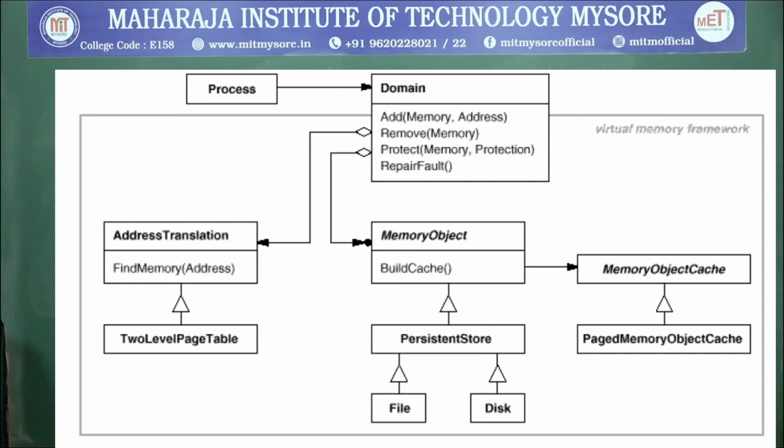As with the preceding diagram, the virtual memory subsystem uses these components. A memory object will be there, which represents the data store, and then the memory object cache, which caches the data of the memory object in physical memory. The memory object cache is actually a strategy that localizes the caching policy, and then you have address translation, which can encapsulate the address translation hardware. You can just go through this diagram.